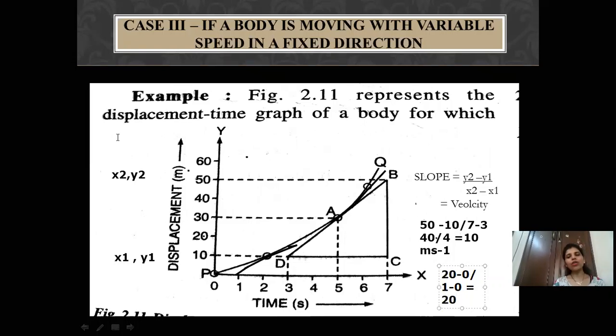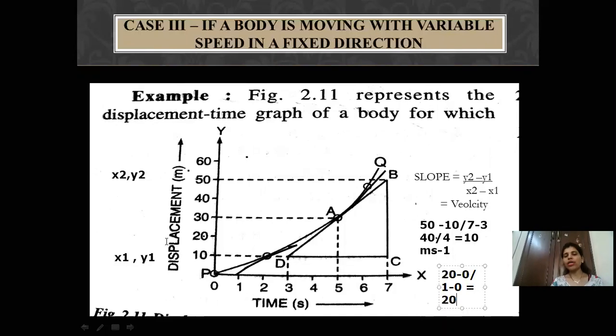So you can see over here that the variable velocity can be proved by taking the slope from each and every coordinate. Different coordinates we have plotted, if you draw a straight line and find the slope, you will see that the slope is going to differ. That shows that the velocity value is differing, and that's the reason we have written variable speed, because only the magnitude is changing. That's the reason we have written speed over here, and the direction is fixed.